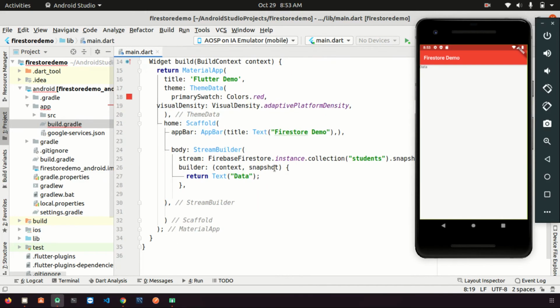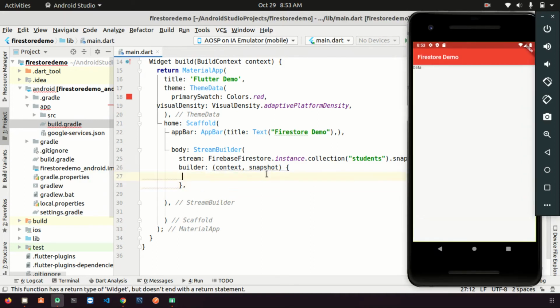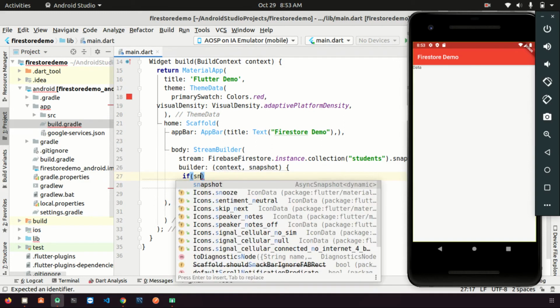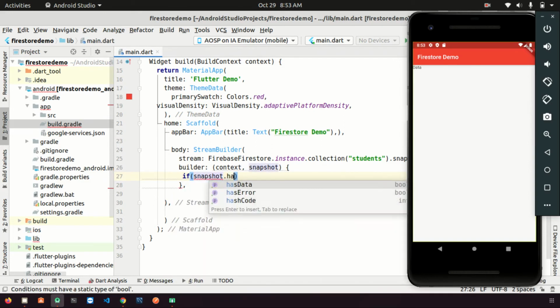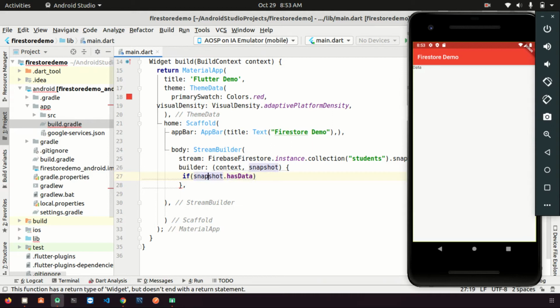So let's come to this point. Okay, then if we are getting data, then what I need to do is check if snapshot.hasData. Otherwise, if there is no data, we can return something else.